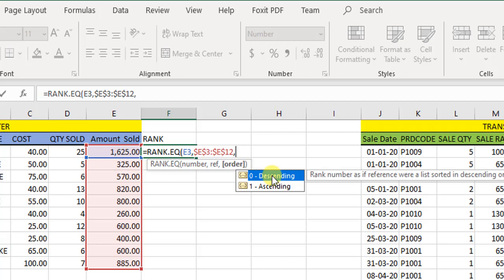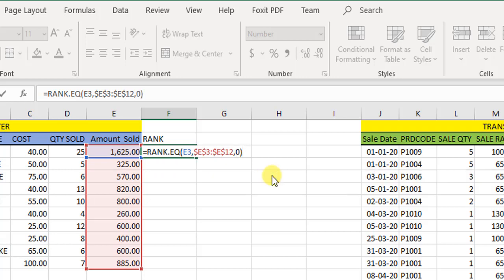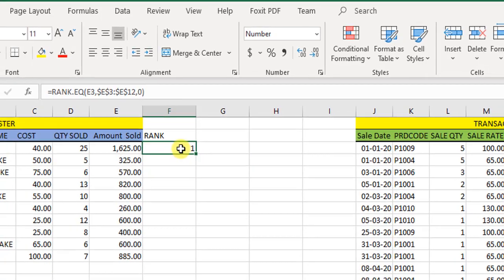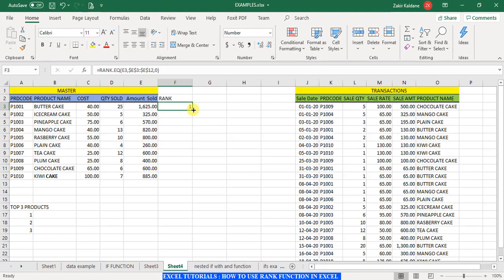Right now we want it as descending, and by default Excel also takes it as 0. So we put 0 over here and we close the function and we hit enter, and you see right now it has given it a rank of 1. We copy the function down by going up to the edge over here and double clicking. So we have finished the function.